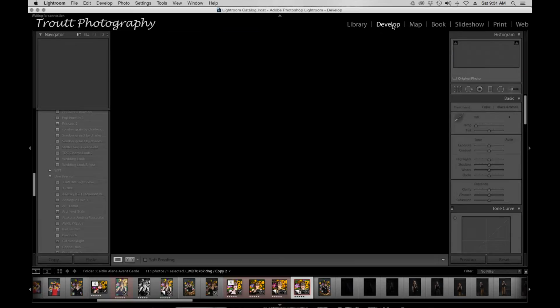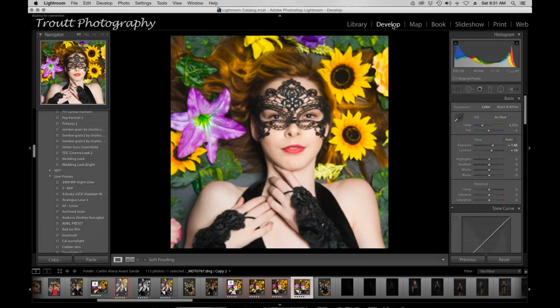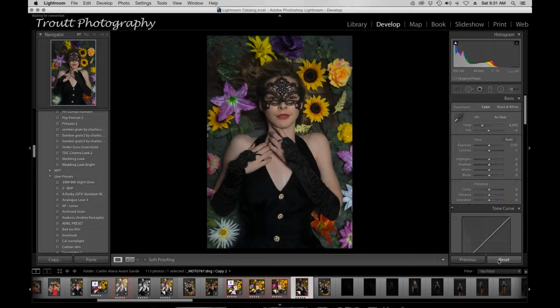So we're in Lightroom. I'm in Lightroom 6. Everything I do in here should be available in Lightroom 5 or 4. Anyway, I'm going to hit the reset button and start from the beginning. There's the image as it came out of the camera. Info, we got